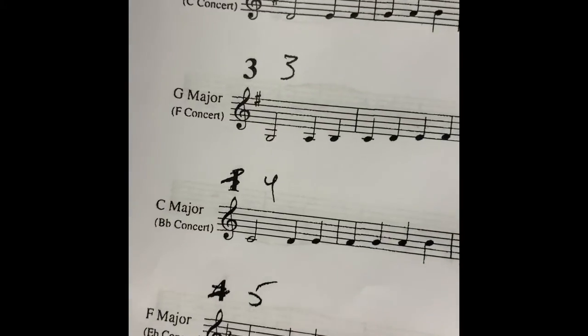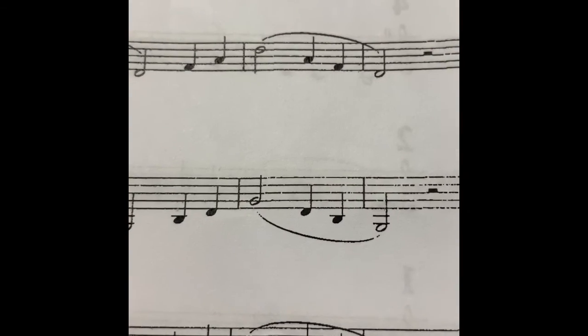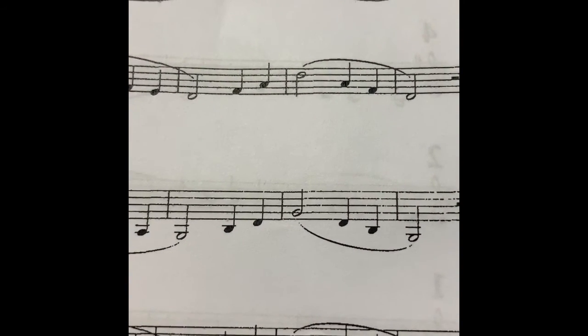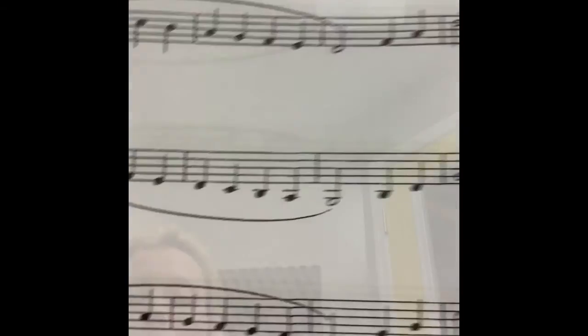So here's what we're going to do. We're going to do like we did the other scale. We're going to play all the way through this scale together. Okay, easily. And we're going to try and do the arpeggio, and then we're going to get back together and talk about the arpeggio, okay? All right, we're going to try the scale together as written. Remember your new notes, low G and low A. Here we go. New scale. Here's your starting pitch, low G. There we go. 1, 2, and ready, and...